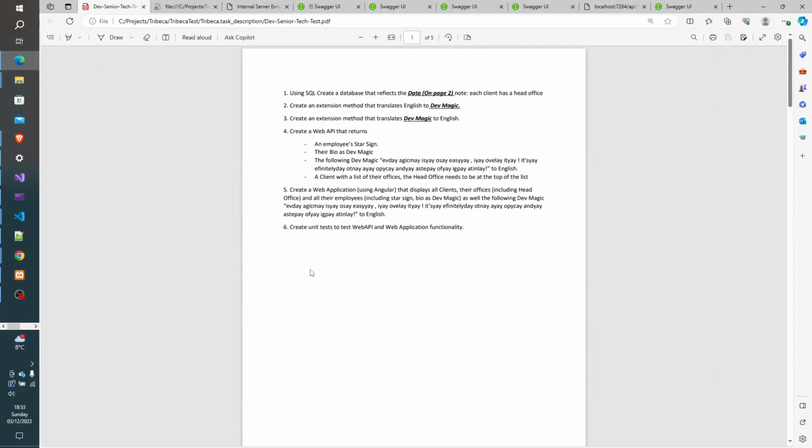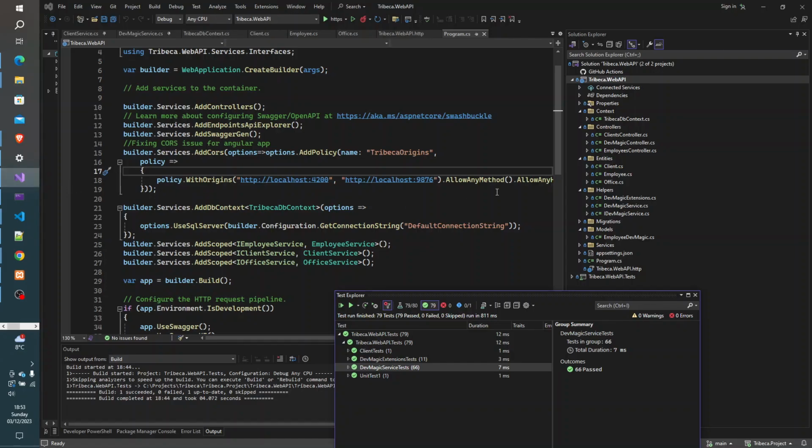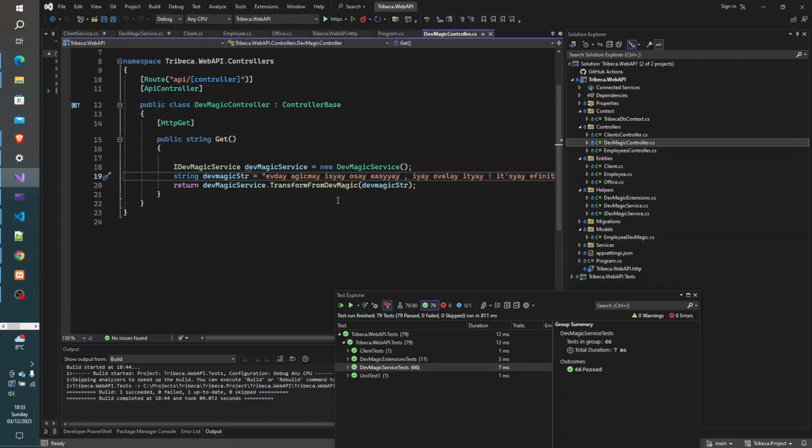the next steps, which was implementing these extension methods. I rewrote them a few times because I found a better way to do it, and so yeah, I'll talk about them a little bit. So here I'm providing a dev string and transforming it to dev magic,